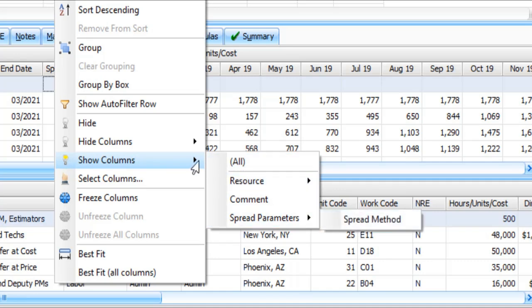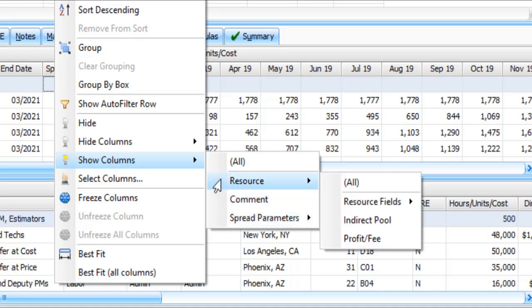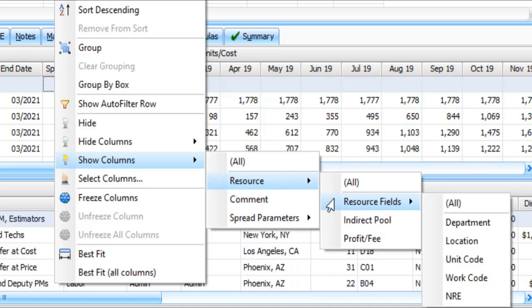At this point, you could choose to show all columns by selecting the option here, which will display every available column for this grid. Or you could choose to drill down further and display a group of columns, which is what we're going to do. To do this, move your cursor over to the resource column and another series of column types will be displayed. Again, move your mouse to the right, this time hover over resource fields, and you'll notice that there is a